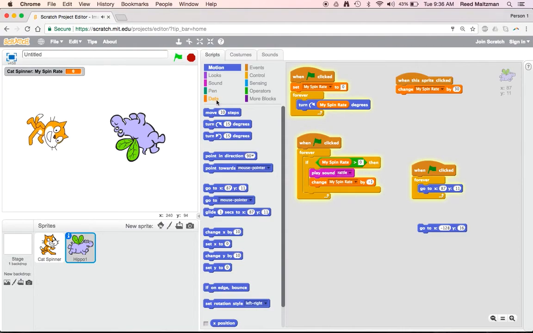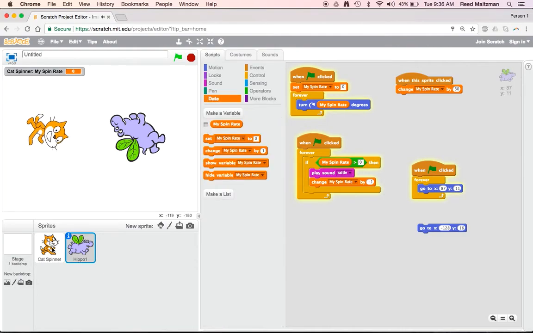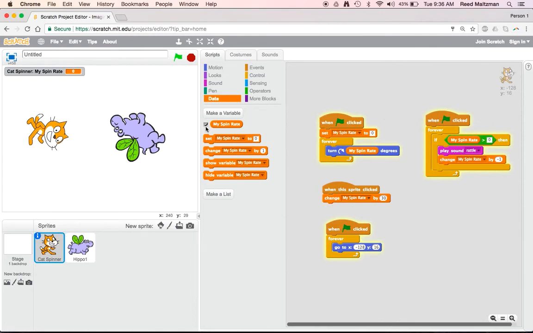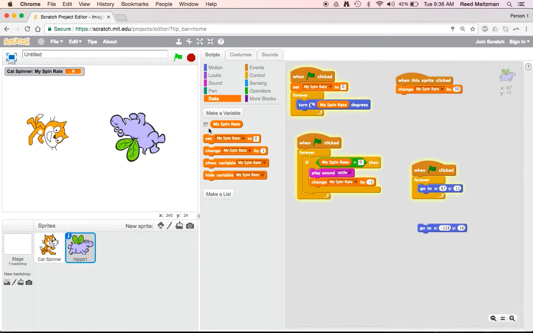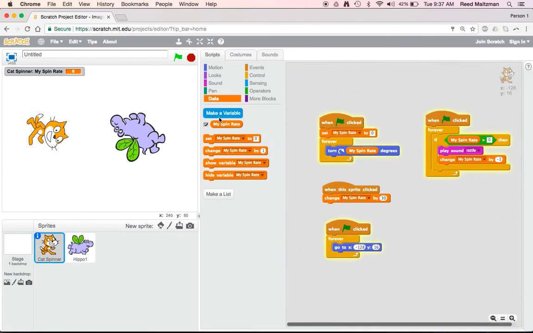I'm going to go to data and hide my spin rate so I don't see it. Do you notice, by the way, it says cat spinner, my spin rate? And then here it would say hippo1, my spin rate. That tells you that they're local variables. The fact that it tells you which sprite it applies to. So if you've had zero luck creating a really effective project and getting one completely running,